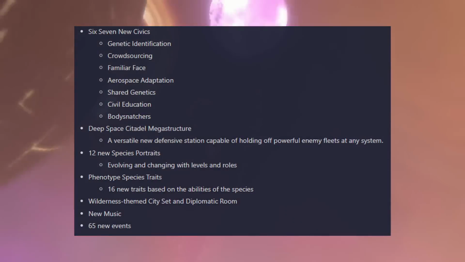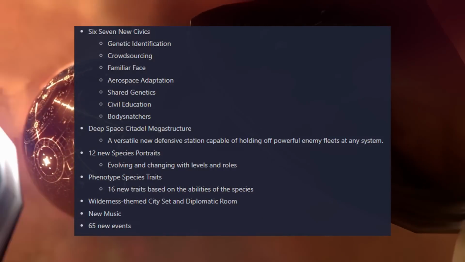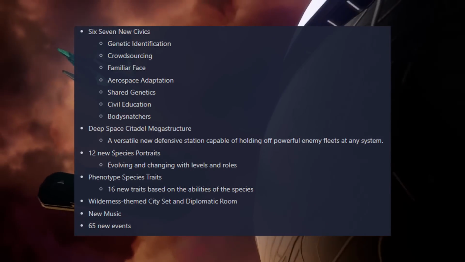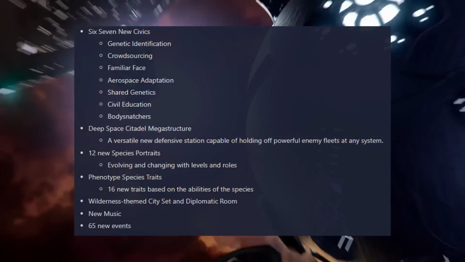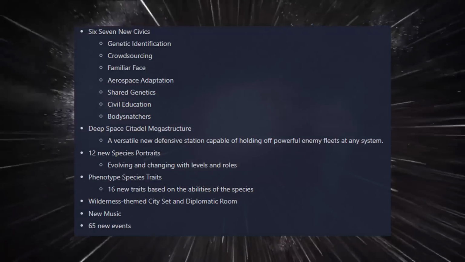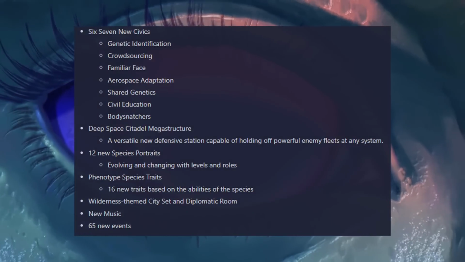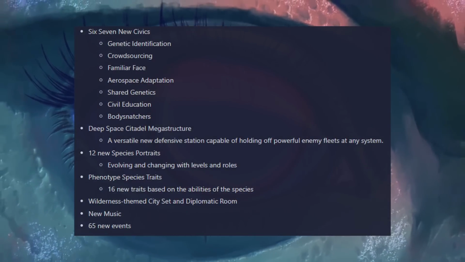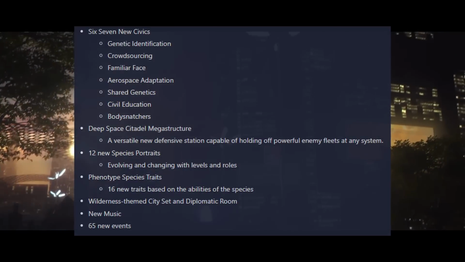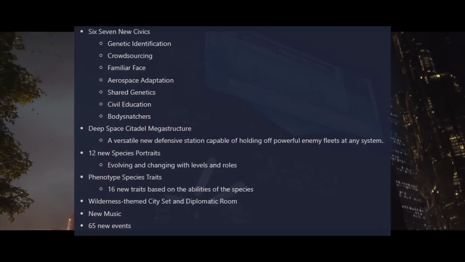There are new phenotype species traits, so there are 16 new traits based on the abilities of your species. If you pick reptiles, you might get egg laying. If you pick avian, you will get egg laying as well. If you pick mammalian, you probably won't get egg laying. You see how it's working here? Depending on the portrait you pick, that's going to have a big impact now on the traits that are available to your species. You're also going to get wilderness-themed city set and diplomatic rooms, new music, and 65 new events